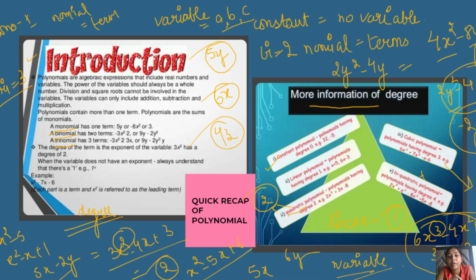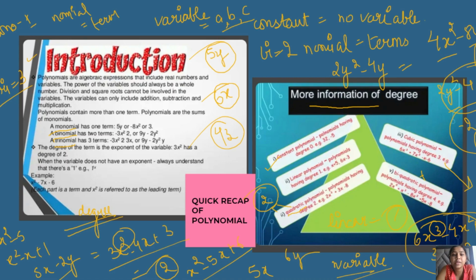Linear polynomials are those having 1 as the degree of the polynomial, and that is why x, y, these are the terms which we can use in the linear polynomial. Then quadratic polynomials are those polynomials in which the highest degree of the variable is 2, that is why they are called the quadratic one. Then the third is the cubic polynomial having 3 as the highest degree of the variable, and the fifth is the biquadratic having 4 as the highest degree of the polynomial.